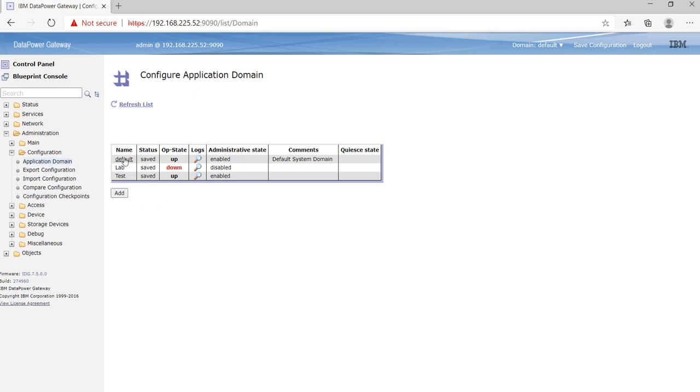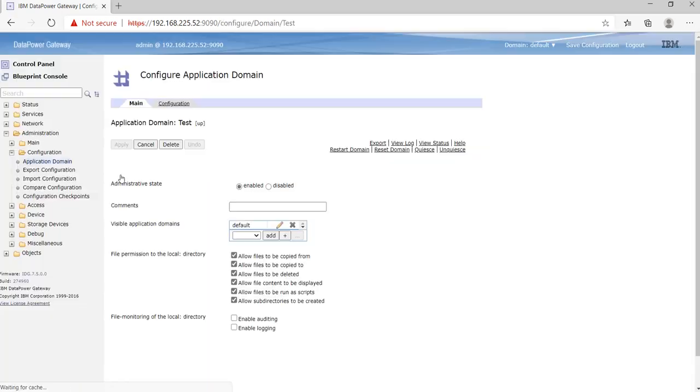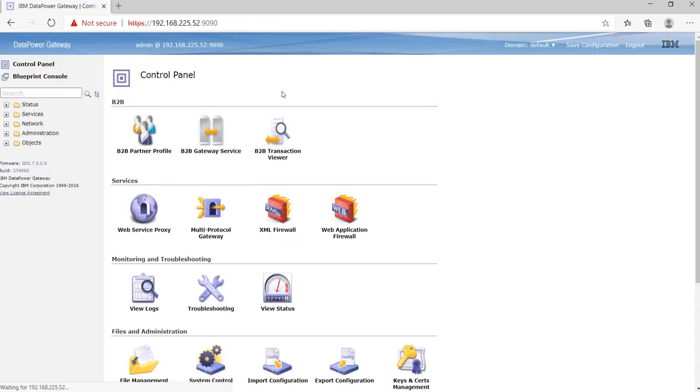Here we can see this is the test domain. So we'll go to test domain here, because we want to export this domain first. So here we'll export the domain. Click on that. Prior to that, I'll show you that this domain has some objects.